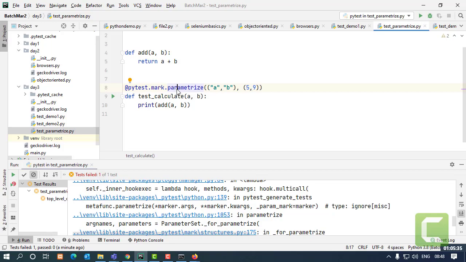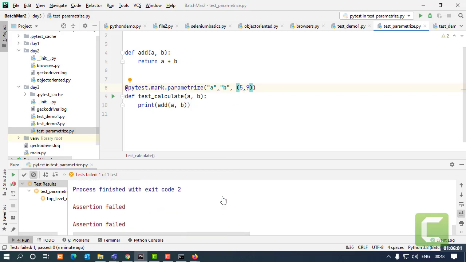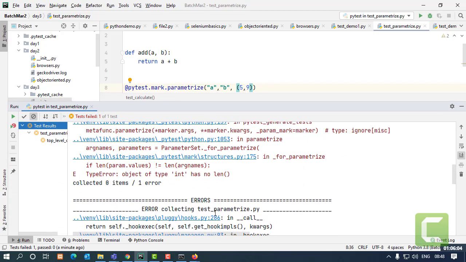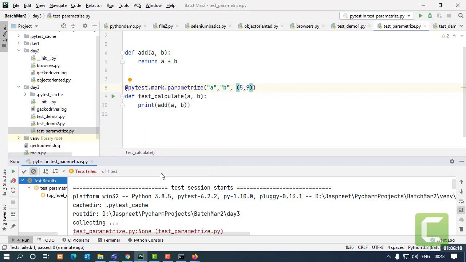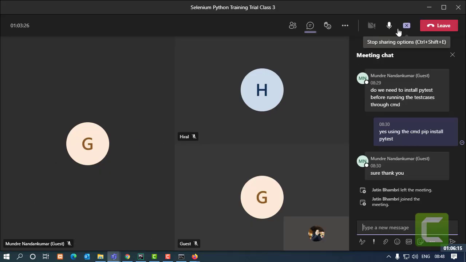Why is it not working? Is what I have been doing not wrong? It's the tuple that we give. It's not even accepting the list. What's wrong? Just give me 1 minute. I'll see to it and I'll come back. Just 1 minute.